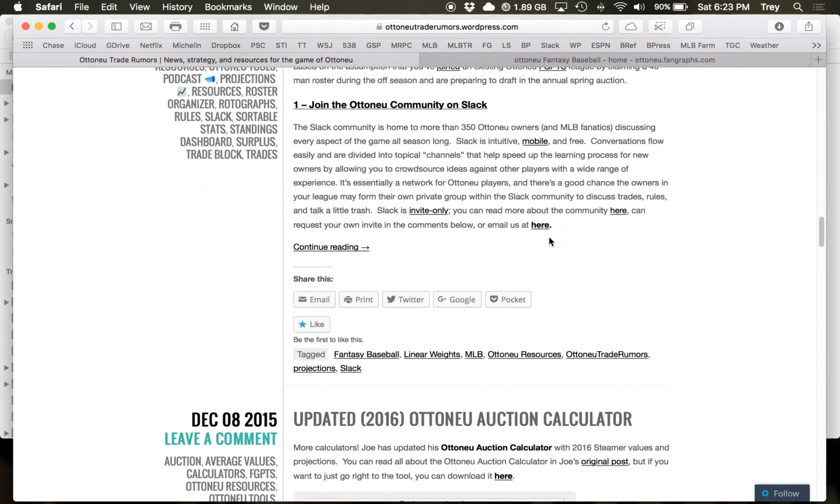What you'll want to do first is make a copy. So you go to File, Make a Copy. You now have your own version of the surplus calculator. The next thing you'll want to do is go to your league. When you go to your league, click your team name,